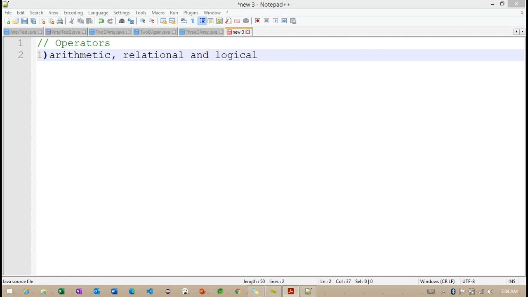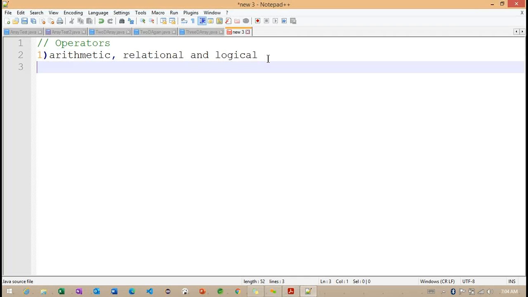First we will check the arithmetic operators, and how exactly we use them. We already identified these in the previous example. For addition, we use plus.